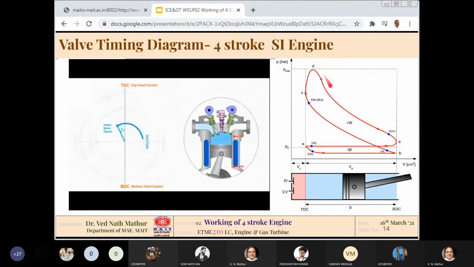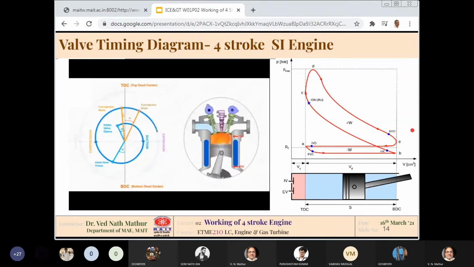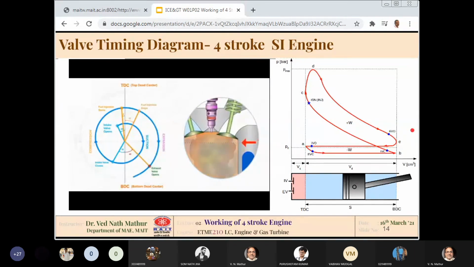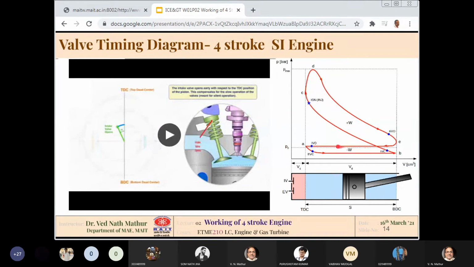So this is the actual representation of the cycle, considering opening and closing of the valve, and considering the time required for the combustion process and the time required for intake and exhaust of the gases. There are two lobes. This one is in the clockwise direction and this lobe is in the anti-clockwise direction. So work is produced in the clockwise direction and work is consumed in the anti-clockwise direction, if you remember the PV diagrams you studied in your thermal science class.